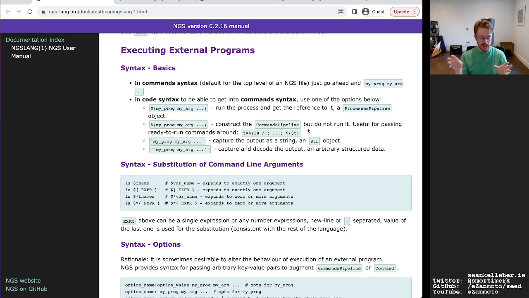And so adding each parameter kind of gives you back a new instance of that pipeline with those parameters added, so that when you run it at the end, you're building it up piece by piece. Yeah, useful for passing ready to run commands around.